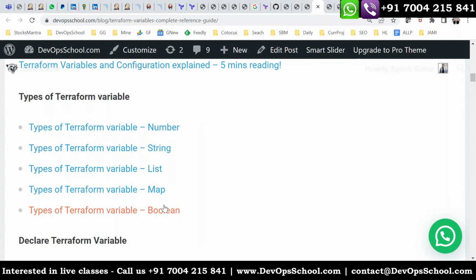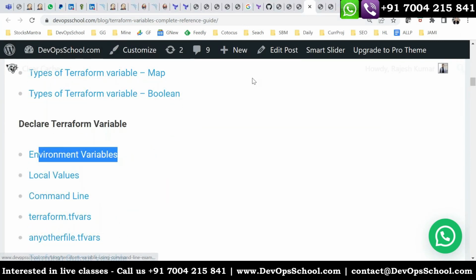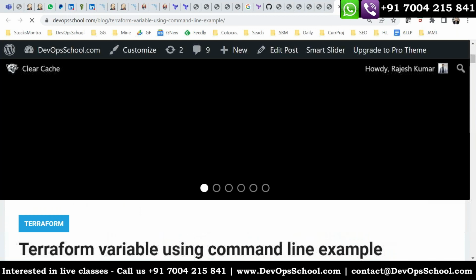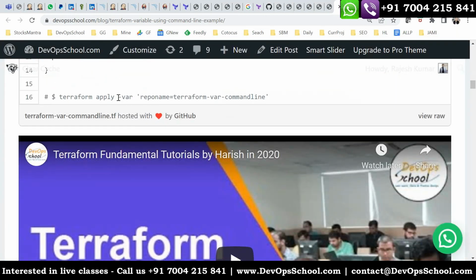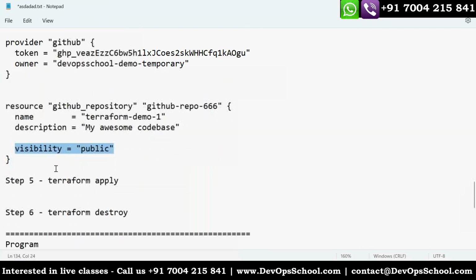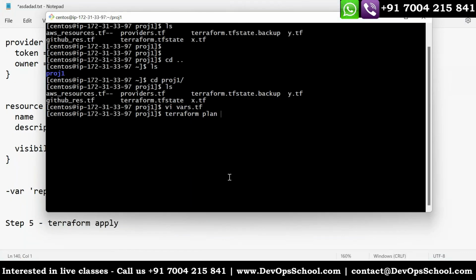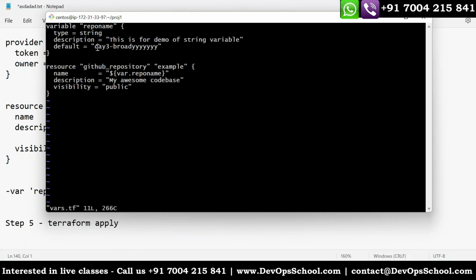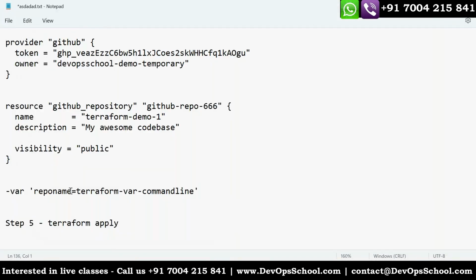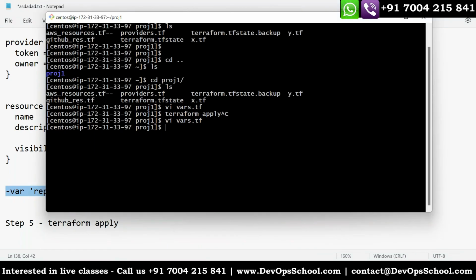So the command line is, just a second guys, the var. This is the repo name, and here the value is Terraform var command line. So I'm overriding it. So here, save it.